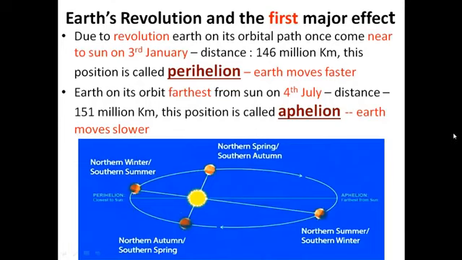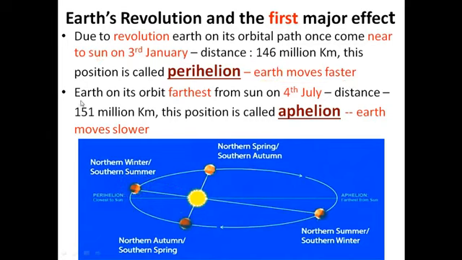Now we'll understand Earth's revolution and its first major effect. Due to revolution of the Earth on its orbital path, once in a year Earth is near to the Sun, and this position is perihelion, on 3rd of January. The distance from the Sun would be 146 million kilometers. At this point on the orbital path, when the Earth is closer to the Sun, the Earth moves